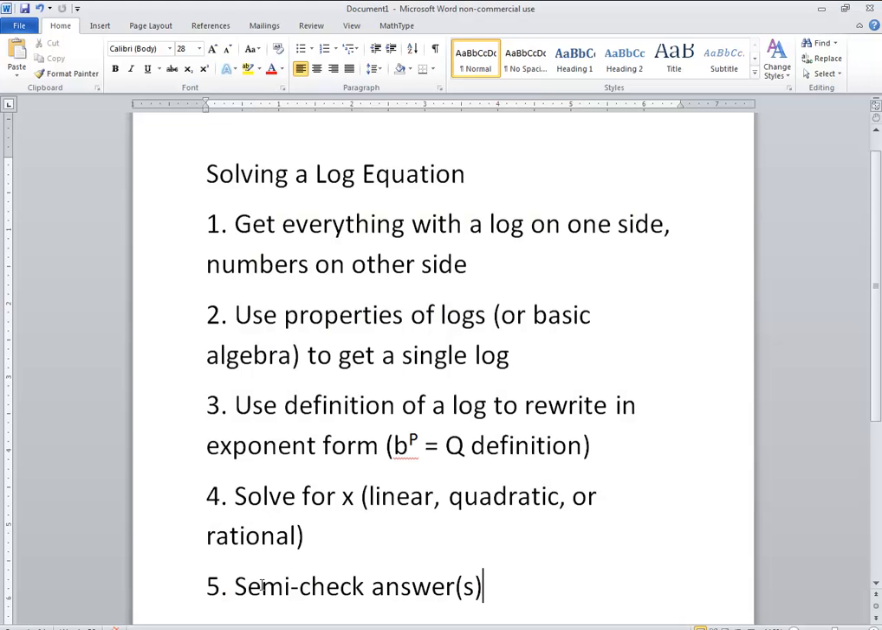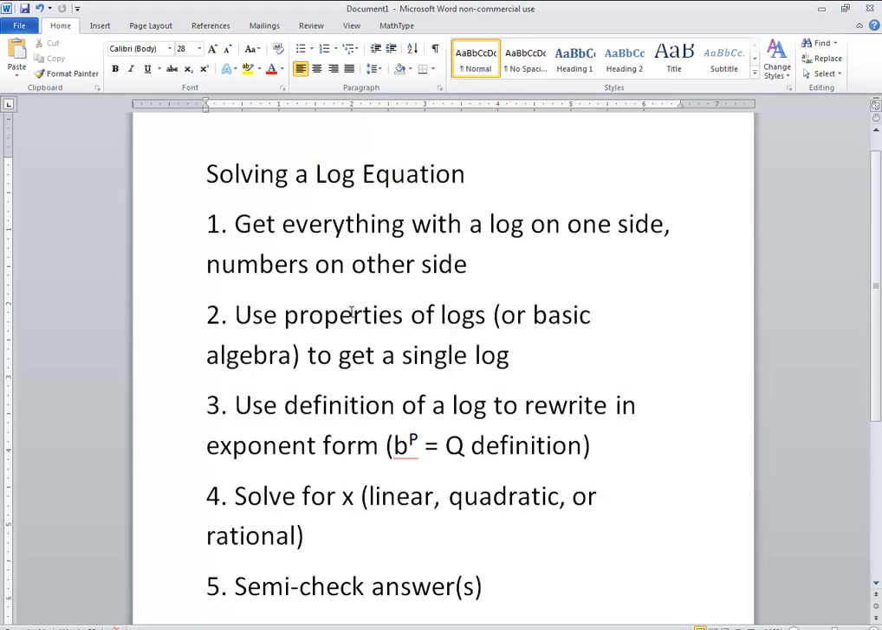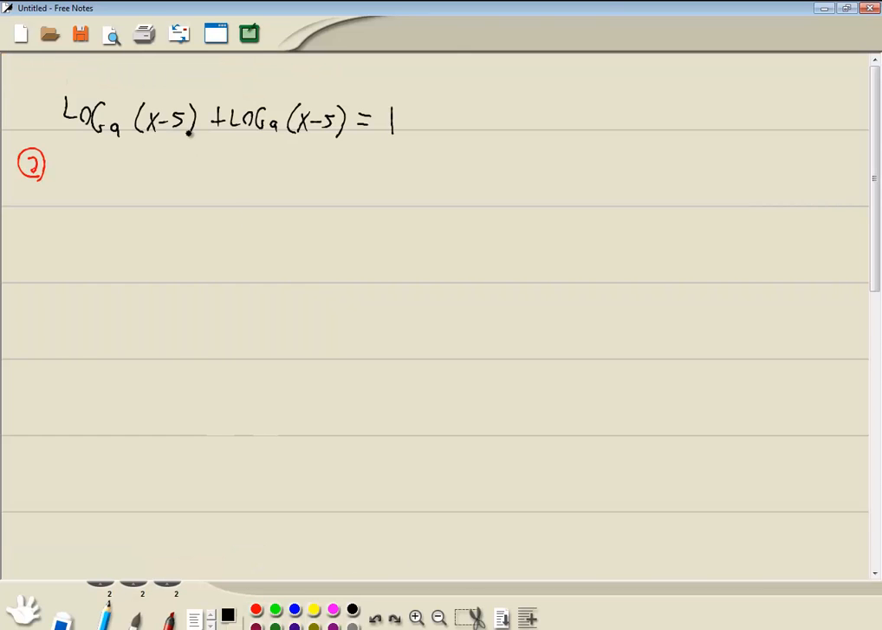Okay. Step 1: Get everything with a log on one side and numbers on the other side. Well, everything with the logs is already over here and numbers over here, so that's done. Step 2: Use properties of logs to get a single log. We have log of something plus log of something. Remember, addition becomes multiplication. So we're going to have log base 9 of x minus 5 times x minus 5, equals 1,